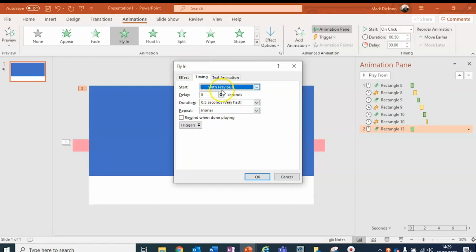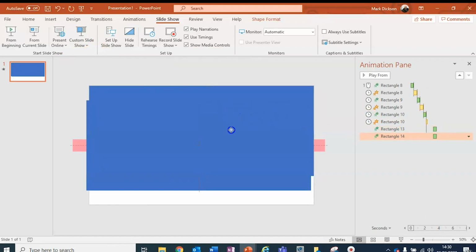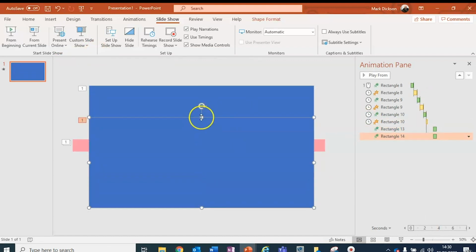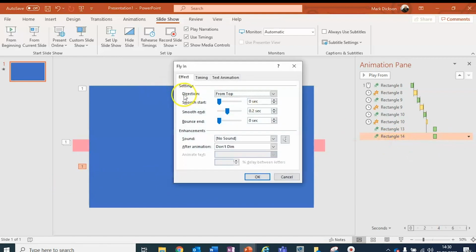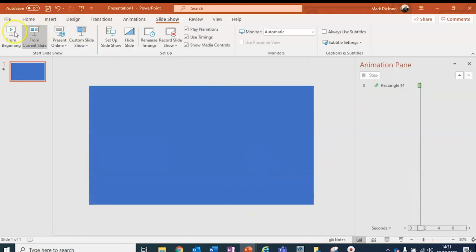We're going to give it a delay of 1 second and a duration of 0.8 seconds. So what we can do then is duplicate that shape, bring it to the bottom of the slide, and then just move the slide size down so you've still got some overlap in the middle. And then we need to change the animation on that. So instead of it coming from the top, we're going to get it to come from the bottom. And in the timing, we want it to be with previous, and we're going to give it a delay of 1 second. If we test that,